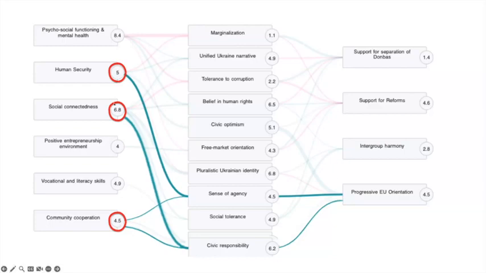You can also see the scores here, so we can see which driver we need to focus on. Social connectedness has a score of 6.8 out of 10. Maybe that's not where we focus our attention, but we focus our attention on human security because it is 5 out of 10. And then we can take this and look at a heat map again and zoom in further